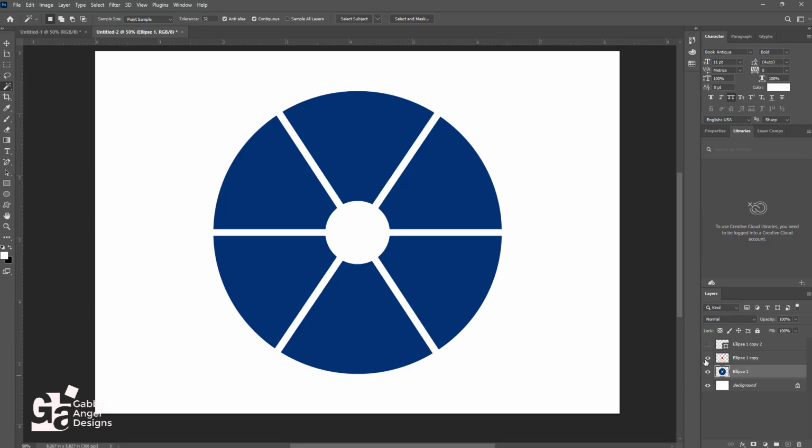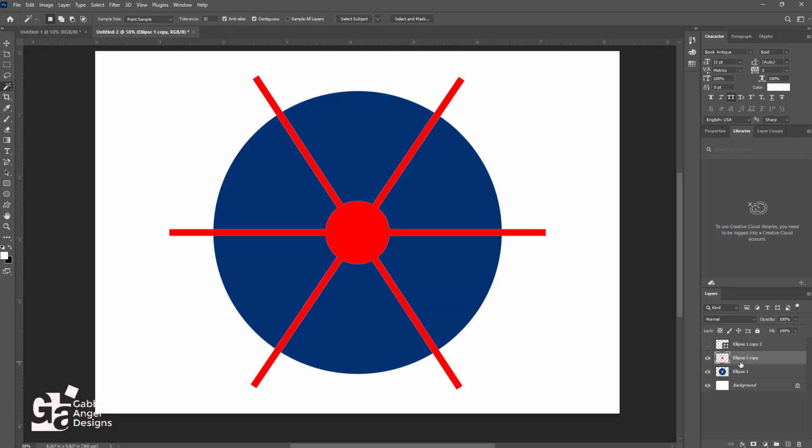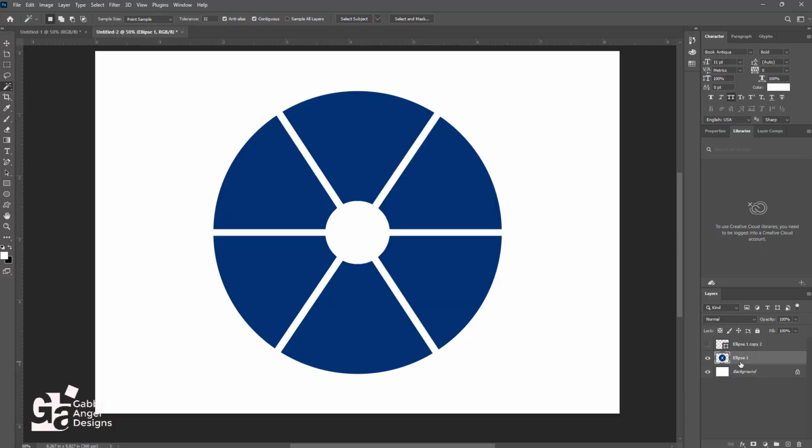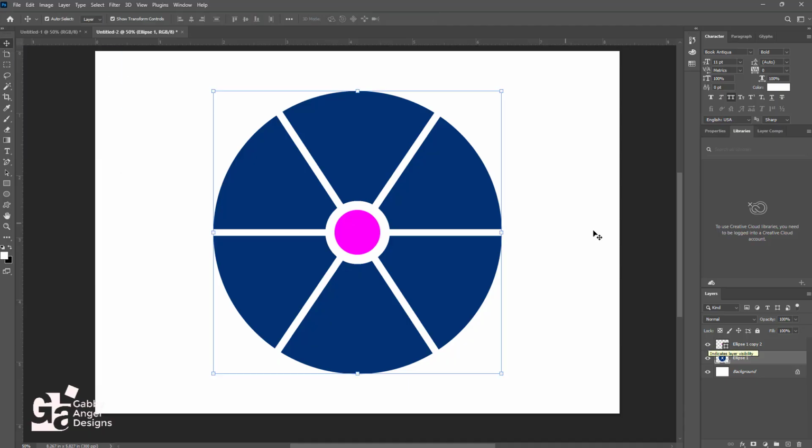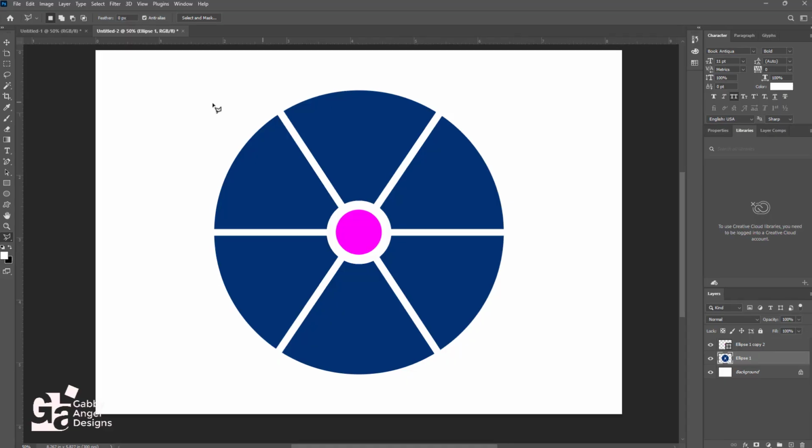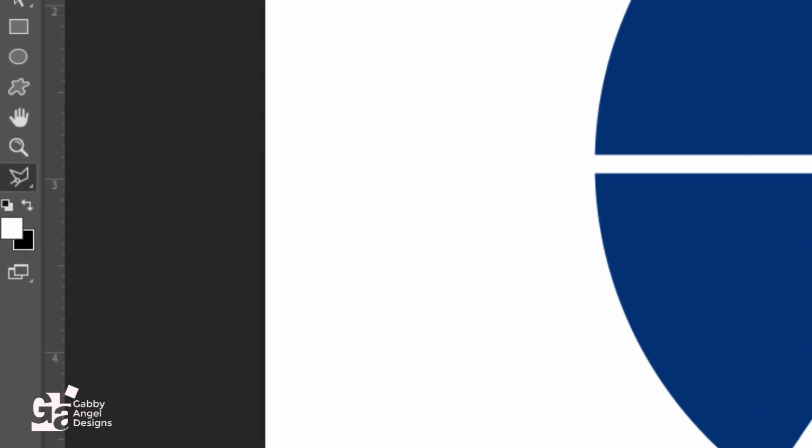So after that, we can now delete these red shapes. And also, now let's make this layer visible. So as you can see, we have split the shapes. The next thing that we are going to do is to divide the shapes into segments. So pick your polygonal lasso tool like this,